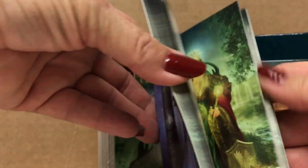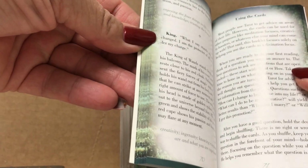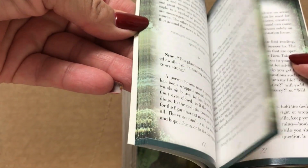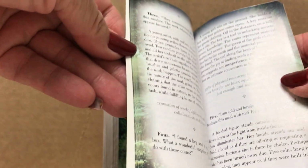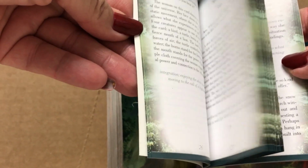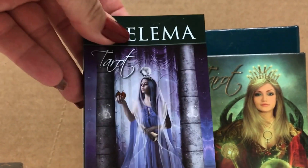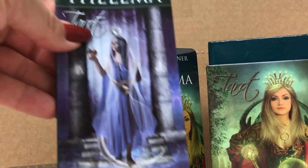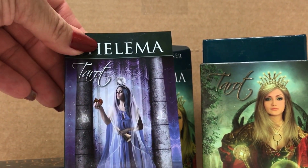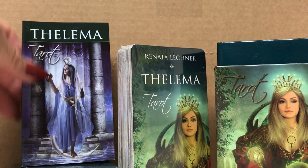Well, I take that back. Yeah, it does have a couple of full color illustrations. It gives you information on using the cards without actual pictures of the cards in here. And I know if you're like me, you don't refer too much to the book. You've worked with tarot before, you know the card meanings, and just for interest, to see what the author of this deck might have in mind with her particular cards, you can refer back to this little book. So I'm going to set this aside for now,